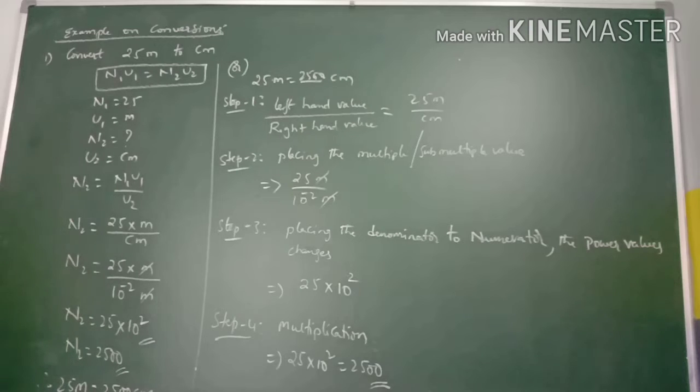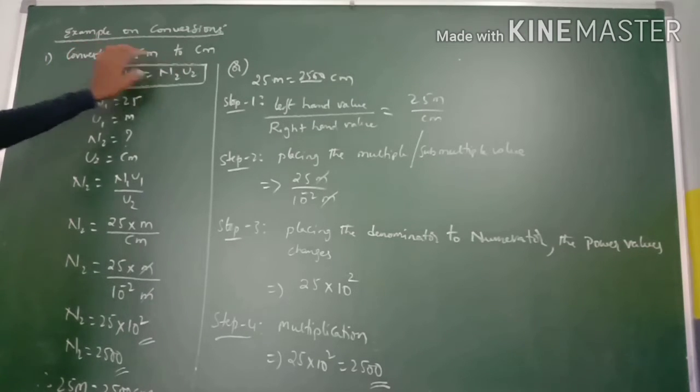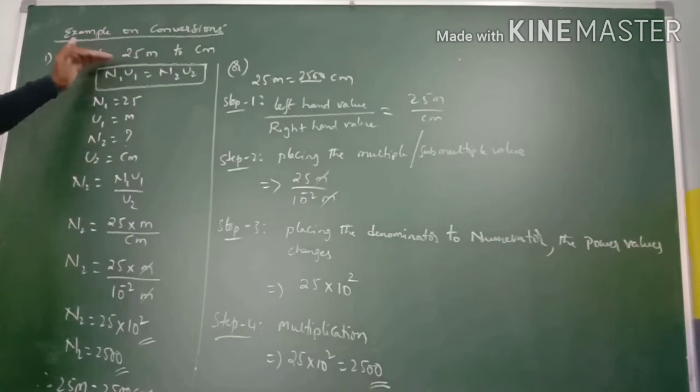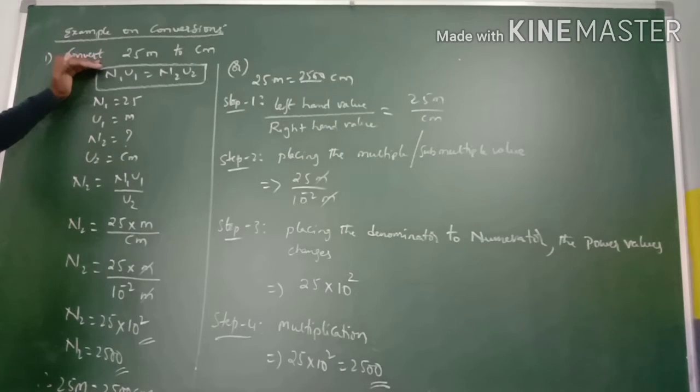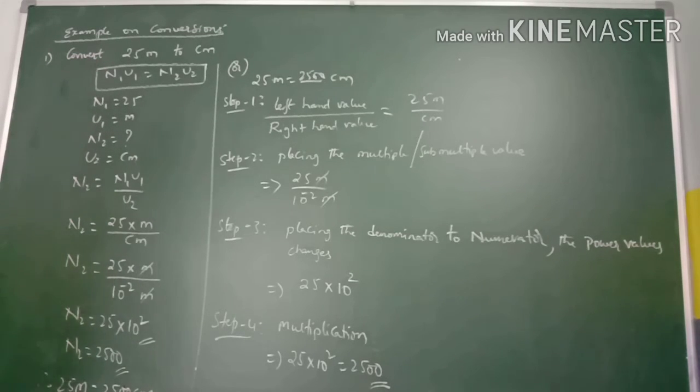It is one type of model. Here we have only one part. There is no denominator part. While doing this problem, we have only the numerator part, and the unit values have no power values. That means it is for length only. It is not for any area and not for volume. Now, second model.